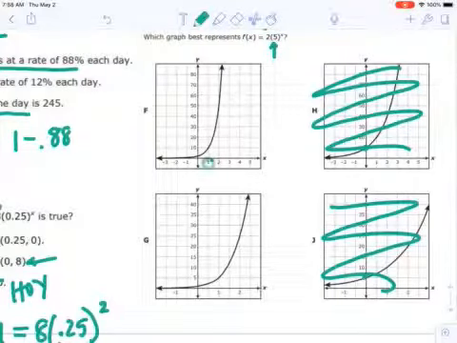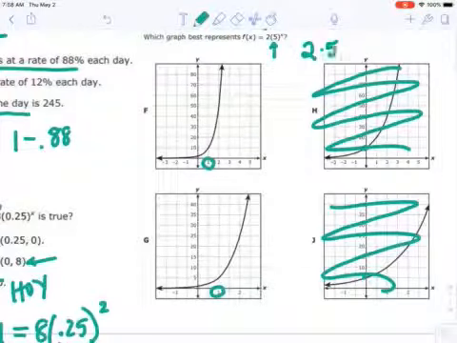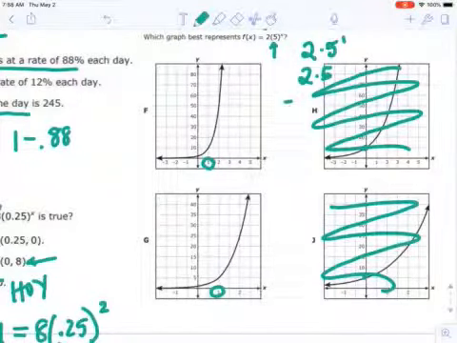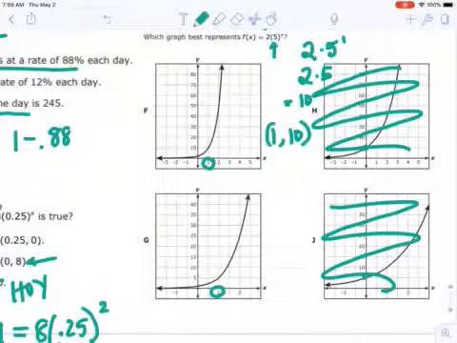Well, if I take 1, for example, as my x, and I plug it in, that's going to be 2 times 5 to the 1. Well, that really just means 2 times 5, which is 10. So when I plug in a 1, I'm going to get a 10. So that's a coordinate now that I've just figured out, 1, 10. So this has a coordinate at 1, 10. This has a coordinate at 1, 5. So my answer here has to be